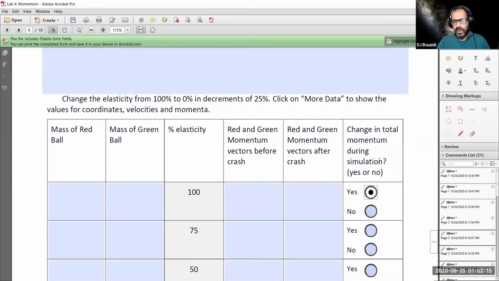Change in momentum during the collision: yes or no? No change, okay? The momentum stays the same. So the answer should be no in this case. There was no change in momentum because this momentum was 0.25 kilogram meter per second. This one also, that's my simulation, okay? It's not yours. Yours may be different, okay? Kilogram meter